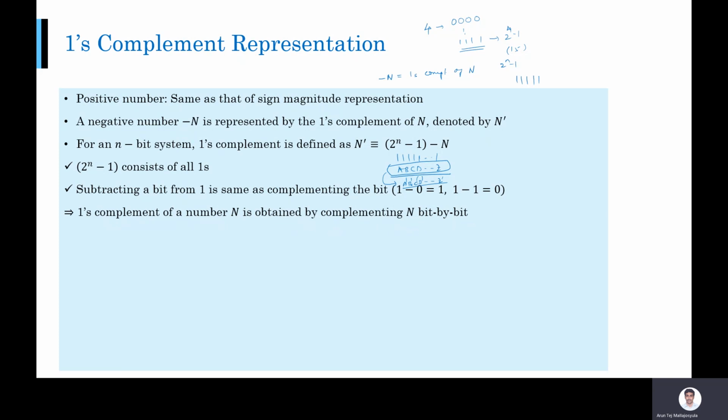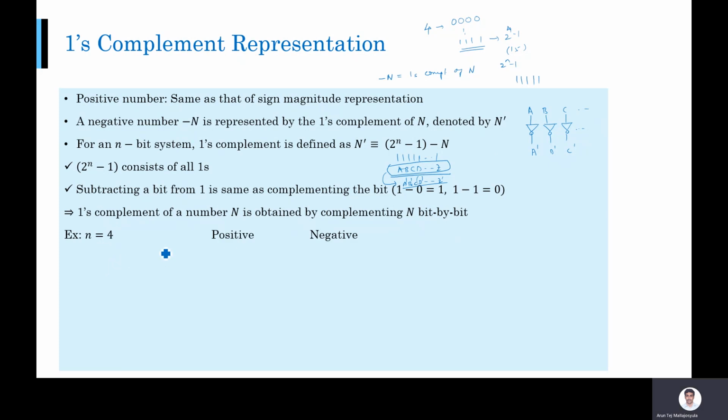So it's a very easy operation. So what is your circuit then? If you want to take 1's complement, all I need is an inverter, right? So the circuit for getting 1's complement is a very simple circuit. Okay, so if my n-bit number is A, B, C, and so on, all I need is a set of inverters. How many inverters? N-bit number, right? So I need n inverters. I will get A dash, B dash, C dash, and so on. Okay, so circuit is very easy.